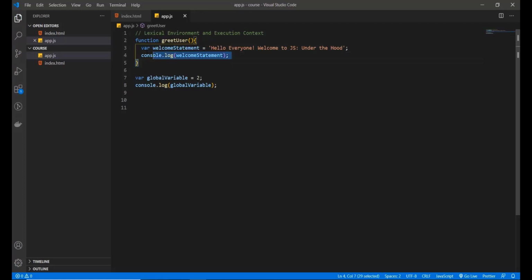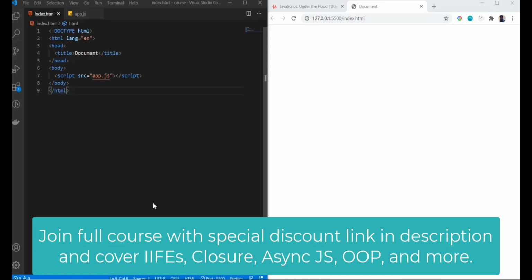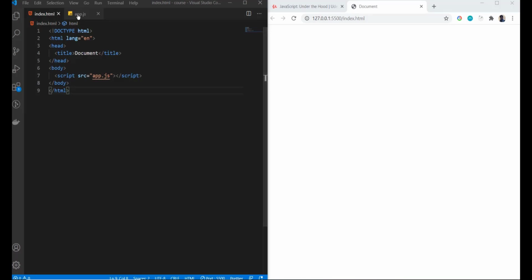So this part of my code is currently running. That is the basic stuff that you need to know now. We'll go into detail of functional execution context and global execution context in the coming videos. So yeah, see you. So following our journey of JavaScript, now we have to understand two important terms,